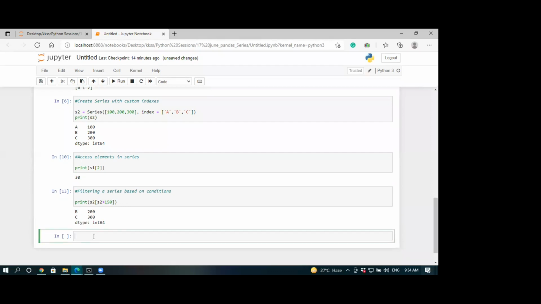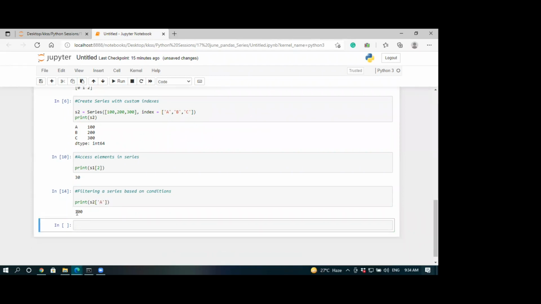Actually, in series 2, you gave the index as A, B, C. So what if you gave A or B? Will it show an error? No, it won't. You just say A and run that. I'm going to give that as well because we have the labels A, B, and C. Okay, though we give a numeric field, it still takes alphabetical labels also. Okay. Yeah.